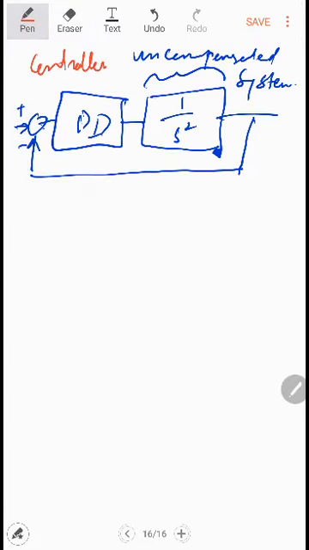Now what do we have to do? You see the other system parameters are known. The unknown parameters are Kc, Zc, and Pc, because we have to add this to the system to make it a stable system with some desired specification. And this desired specification will be given by the user. So we should have the user specification.